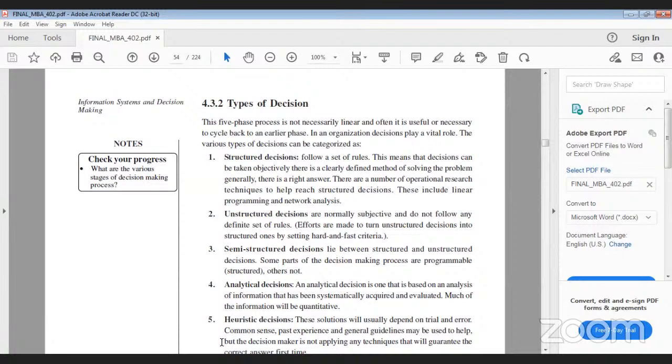Unstructured decisions are novel and do not follow any defined set of rules. Efforts are made to turn unstructured decisions into structured ones by setting hard and fast criteria. Semi-structured decisions lie between structured and unstructured decisions. Some parts of the decision-making process are structured, others